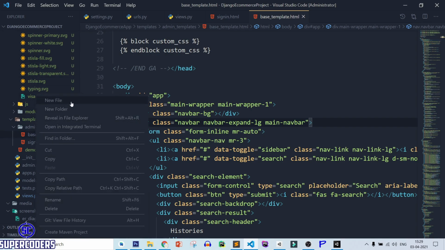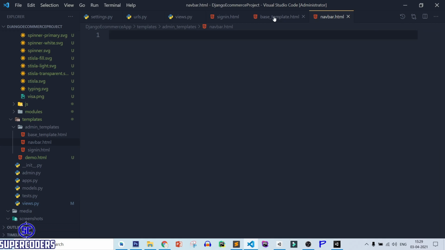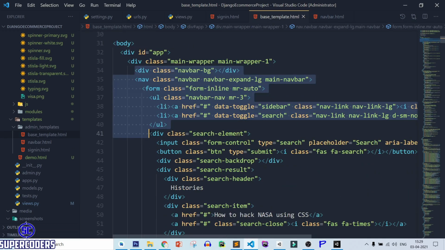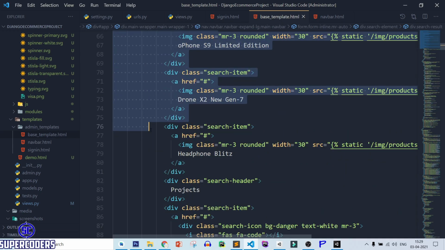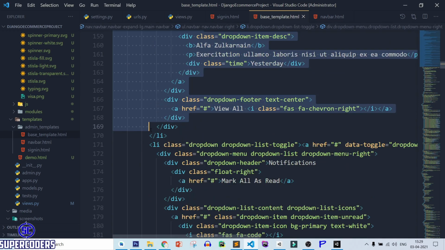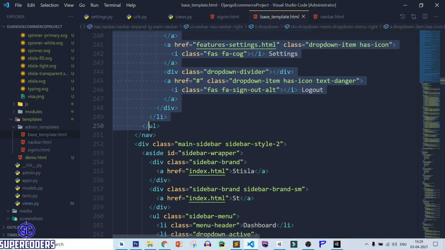Let's create a file. Right click, new file, navbar.html. Then cut this code of navbar. So select it. So here I am using code reusability functionality.